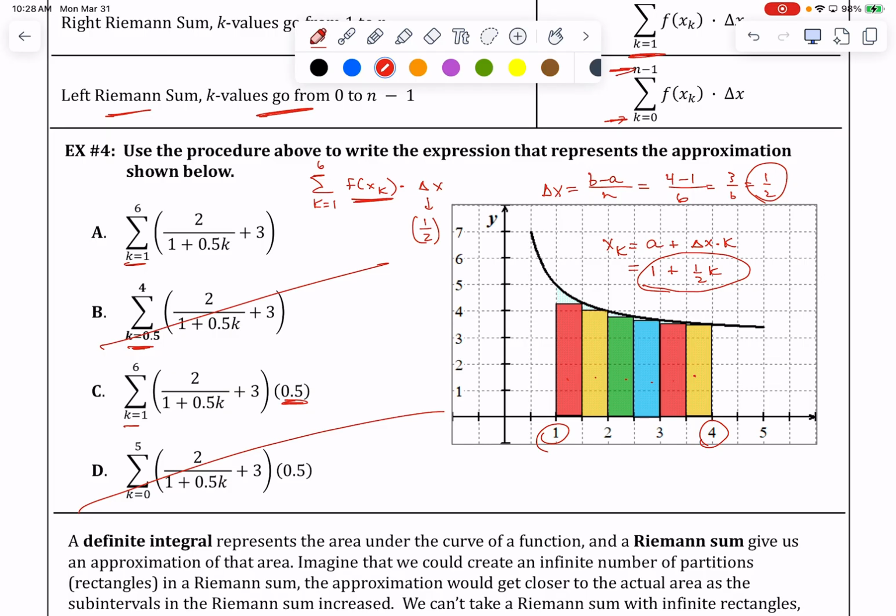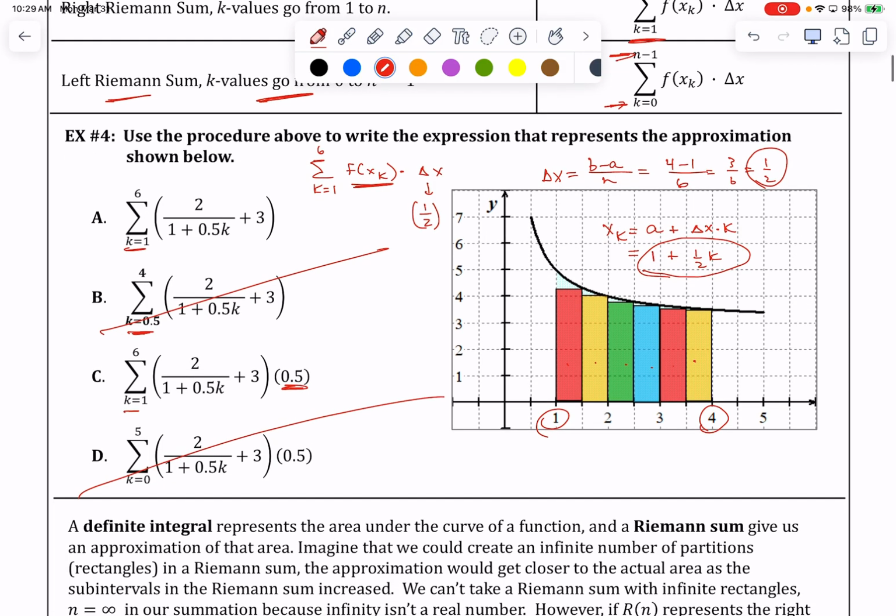They didn't give me the function. Okay, this is actually what's called a logistics curve. I will show you this one later, don't worry. I happen to know what this one is, but you don't. It ends up being 2 over,